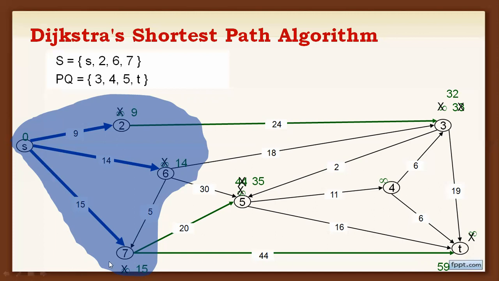From vertex 7 to vertex 5 we can move later on. And the total cost is 15 plus 20, 35. If you want to move from vertex S to vertex 5 to vertex C, it will take a total cost of 44. To vertex 7, it will take a total cost of 35. Here you can select the minimum cost, so that's why this is the optimal one.